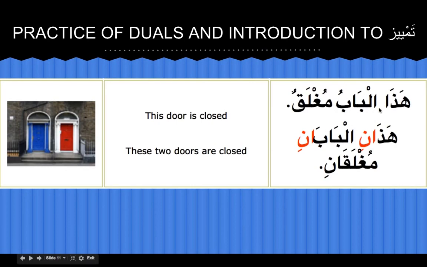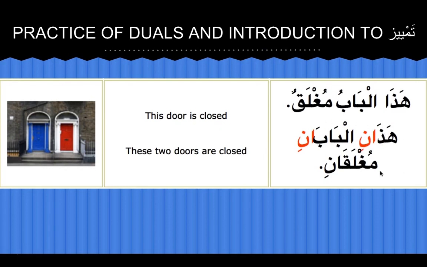هذا الباب, again badal here, اسم الإشارة followed by al is هذا الباب مغلق. مغلق, one word, خبر. This door is closed. هذان البابان. So these 2 doors, مغلقان. See, everything has to match. So mubtada, badal, and khabar has to match in all respects: status, number, type, and gender. Hadanil babanil mughlaqani. So everything ends with kasra here, but we know that which one is marfu and how it